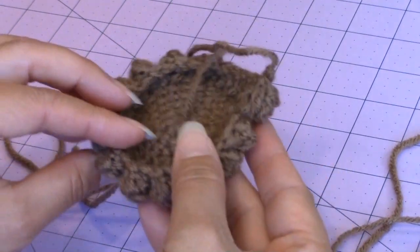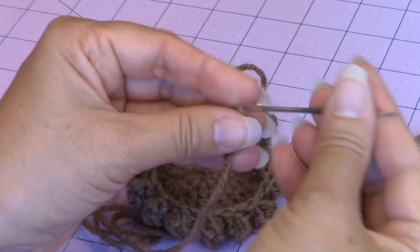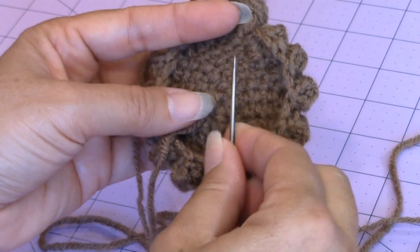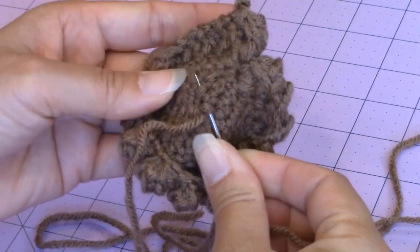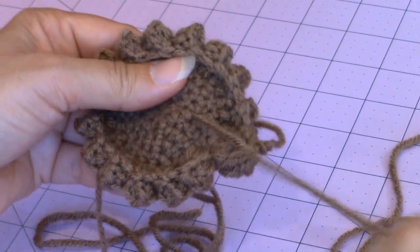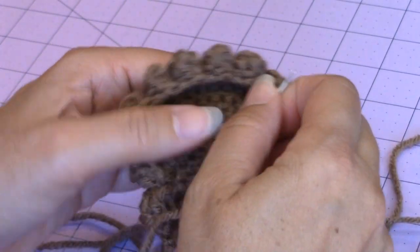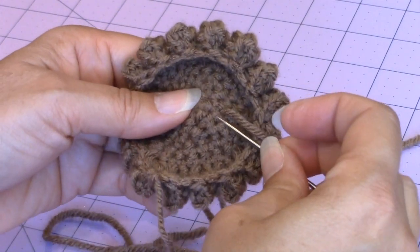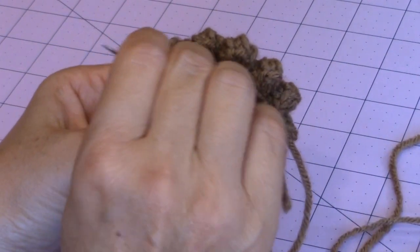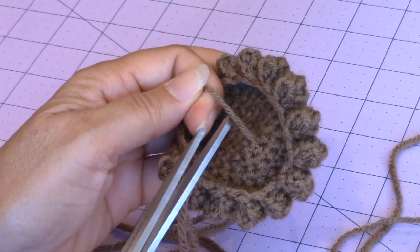It's really pretty. Then just take your tapestry needle, and we're going to bury the loose yarn end that's on the back from the magic circle. Just kind of weave the loose yarn end into the back or the wrong side of the dimple cover, and you can go a couple of different directions to make sure it's nice and buried. So I'm just going to go a couple times, and then I'm just going to cut the loose yarn end, and then it's ready to sew